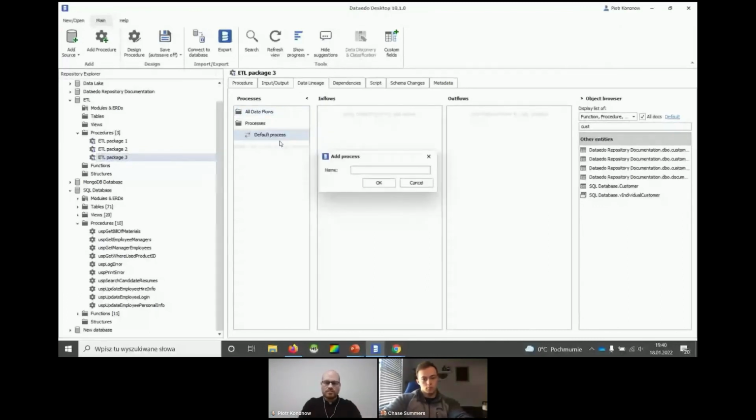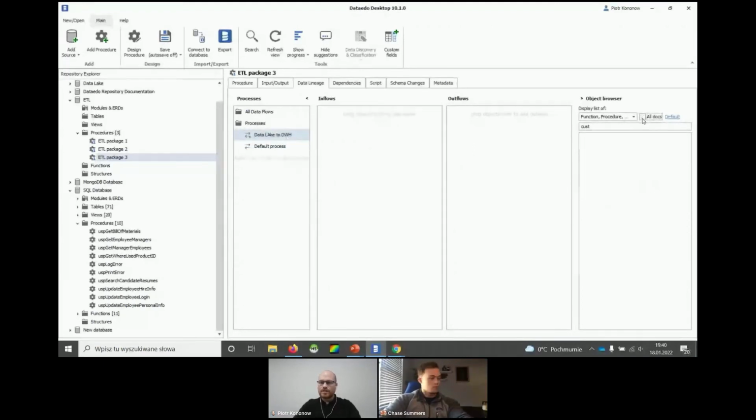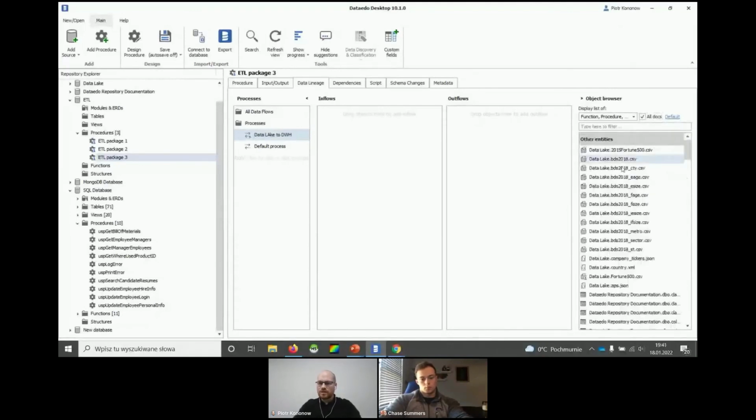Okay, data lake to data warehouse, right? Let's call it like that. Right, and then let me clear that. So I have a few files here. We'll be improving those filters over here as well, right? Because right now you see everything and you can search by name. I'd like also to search by different, like, specific